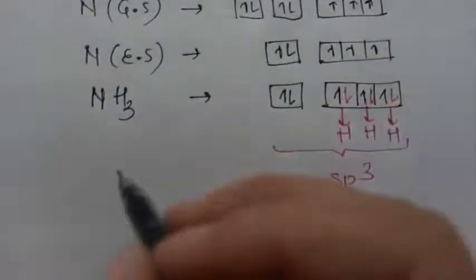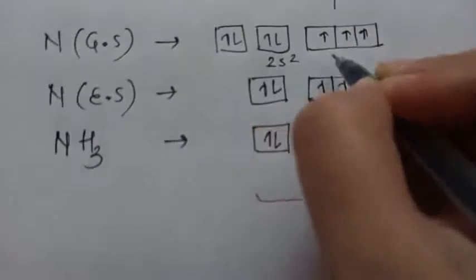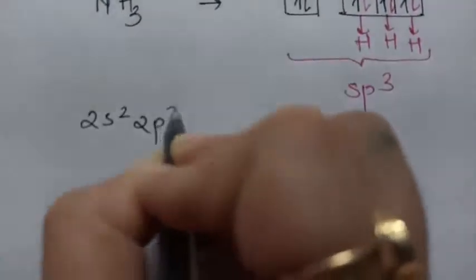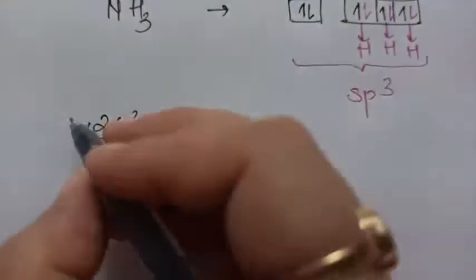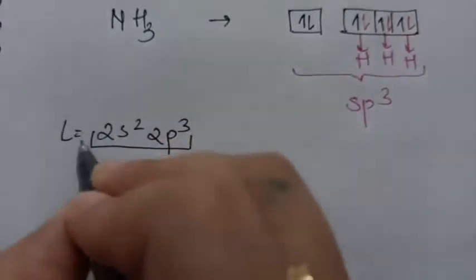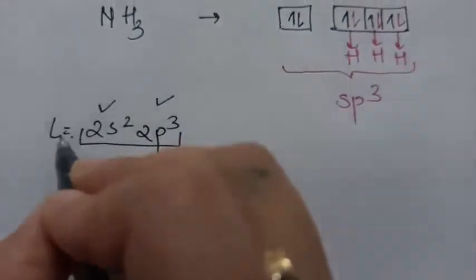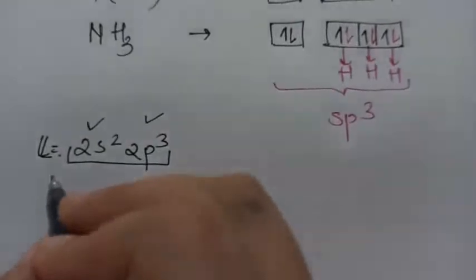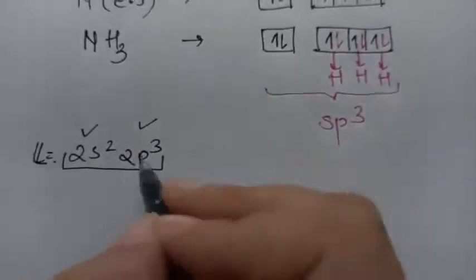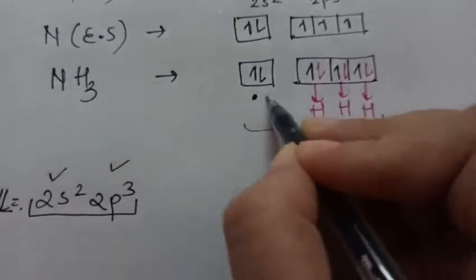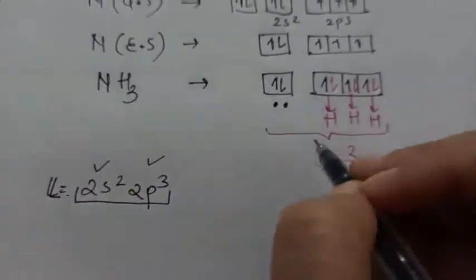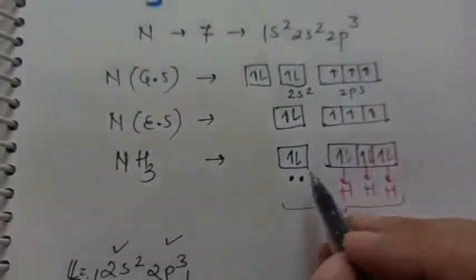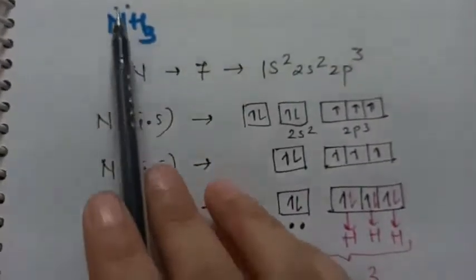You see these orbitals were, this was 2s2 and this was 2p3. Now if you see properly, 2s2 and 2p3 means what? This is which shell? This is L shell. And both these orbitals belong to L shell. So it means shell is same, orbitals are just different. So these 2 electrons are not participating in bond formation, but they are there in the molecule. So these are the 2 electrons which work as a lone pair.